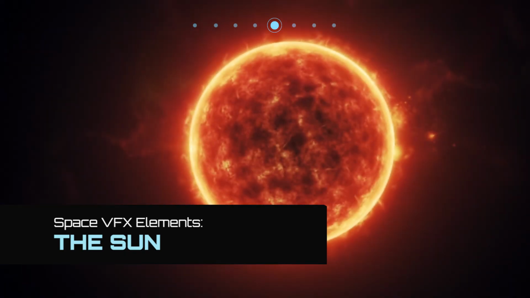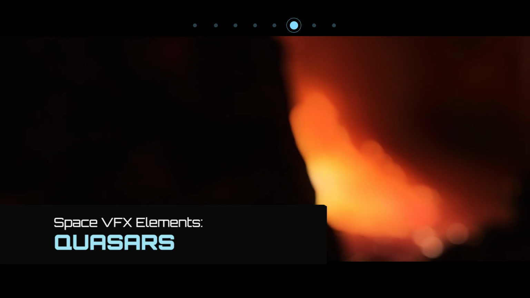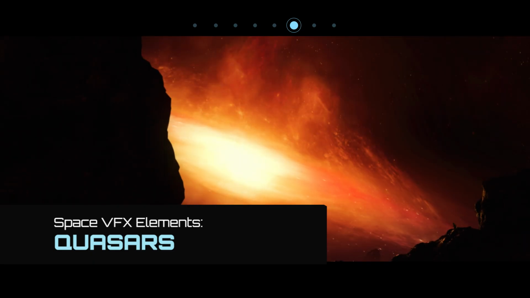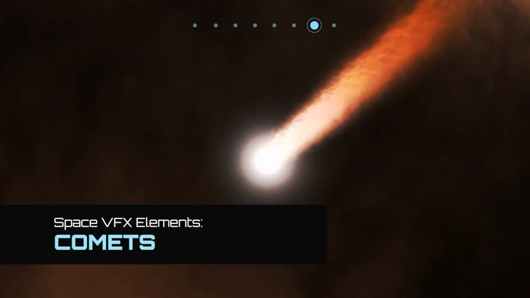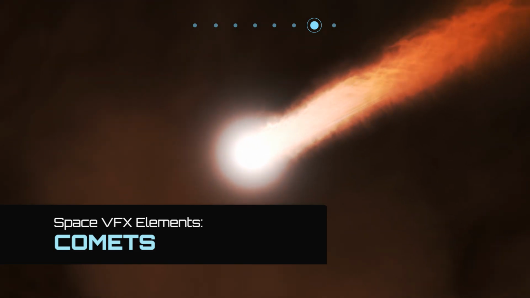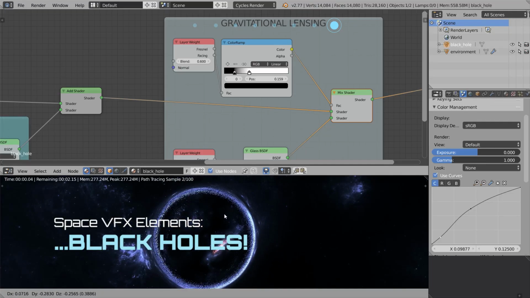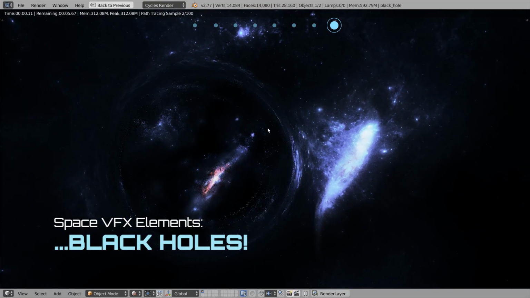We've got an animated sun surface to heat things up. And what's even hotter? Quasars, the brightest objects in the galaxy, forming around black holes. I'll be walking you through the creation of this beast. And how about a comet, or with a slight tweak to your colours, you have a meteor streaking through the sky. Like all dramatic conclusions, we end up in a black hole, where there is no escape. But it does look cool.